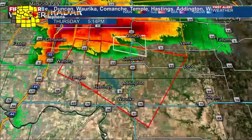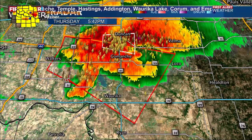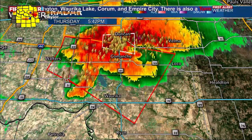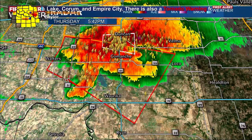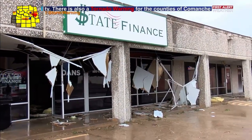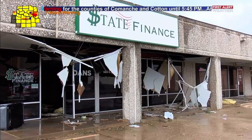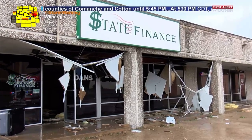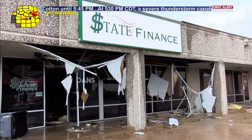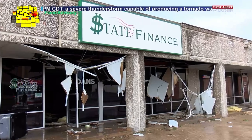But these storms continuing to move southeast into Jefferson County. Okay, State Finance, Gore and 17th is currently where we have some damage. This is here in Lawton, Comanche County, between Gore and 17th, State Finance. That was where we had reports of 2 people that were trapped inside. They are okay, but you can see all of the damage